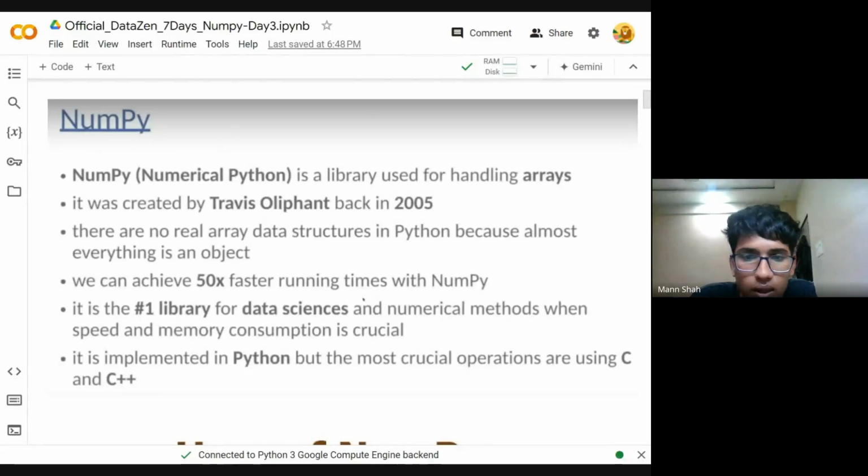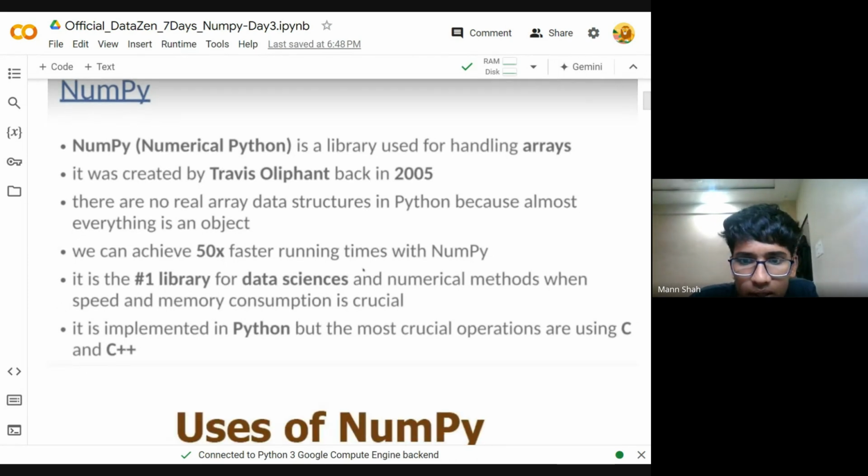We are going to learn about a Python library which is known as NumPy. It is also called Numerical Python, and it is a library which is majorly used for handling arrays. It was created by Travis Oliphant back in 2005. He is an American businessman and data science engineer, and it is 50 times faster compared to the normal list